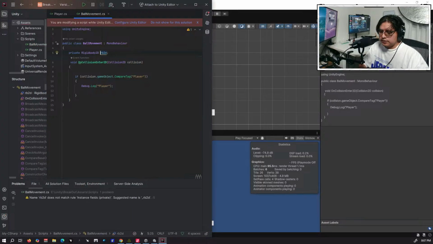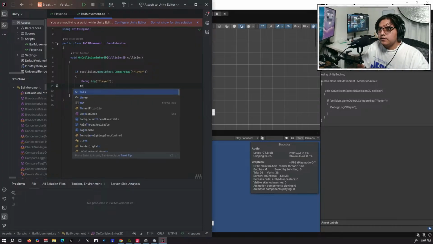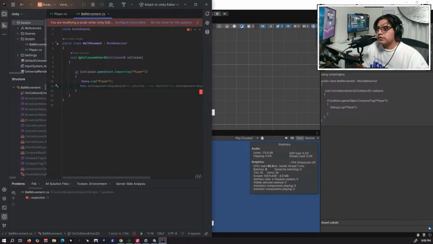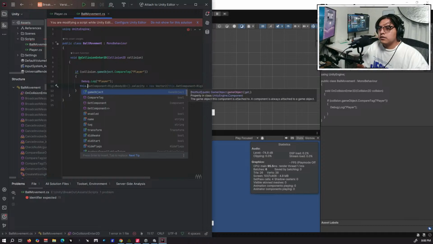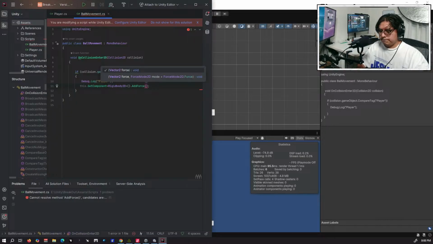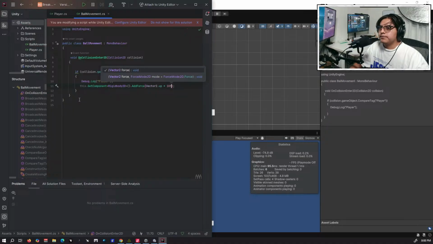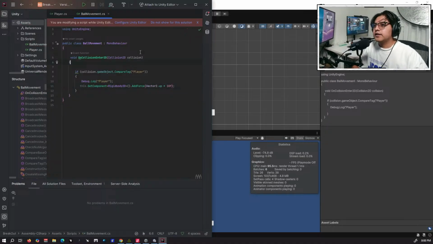I'm gonna call it self. Wait, technically I can just do this, right? Alright, I don't even need this. So this.GetComponent<Rigidbody2D>().AddForce(Vector2.up). There we go. Okay, so theoretically,